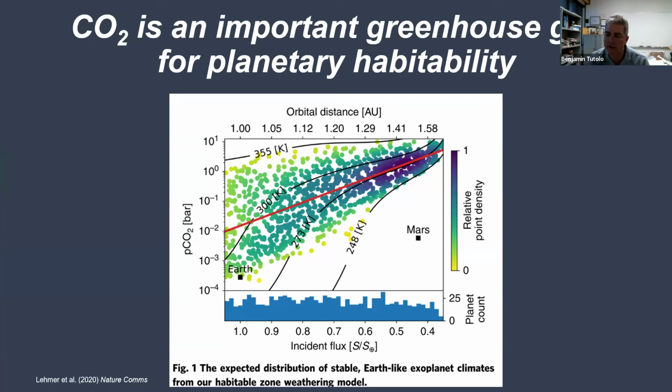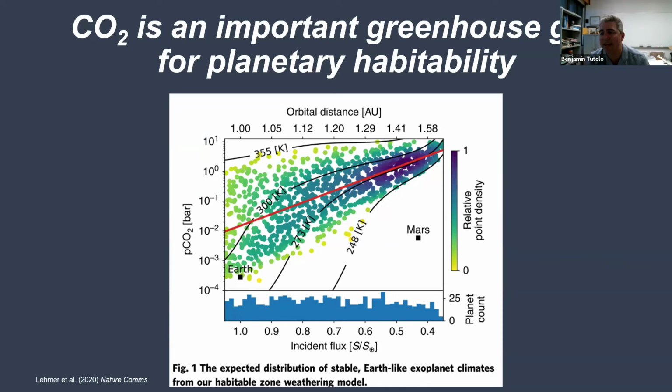So this plot here from a number of years ago is a whole bunch of simulations of exoplanet atmospheres. And what you can see is that on the y-axis is the partial pressure of CO2 in the planet's atmosphere. On the x-axis is the incident flux of solar radiation, of course, one here being Earth. And way out here being the planet that we're going to be talking about mostly today, Mars. And what this collection of simulations shows you is that Mars is currently outside of the known habitable zone because its partial pressure of CO2 is too low to have liquid water above 273 Kelvin. So that's the red line here. Basically, we need to be above there to get there.